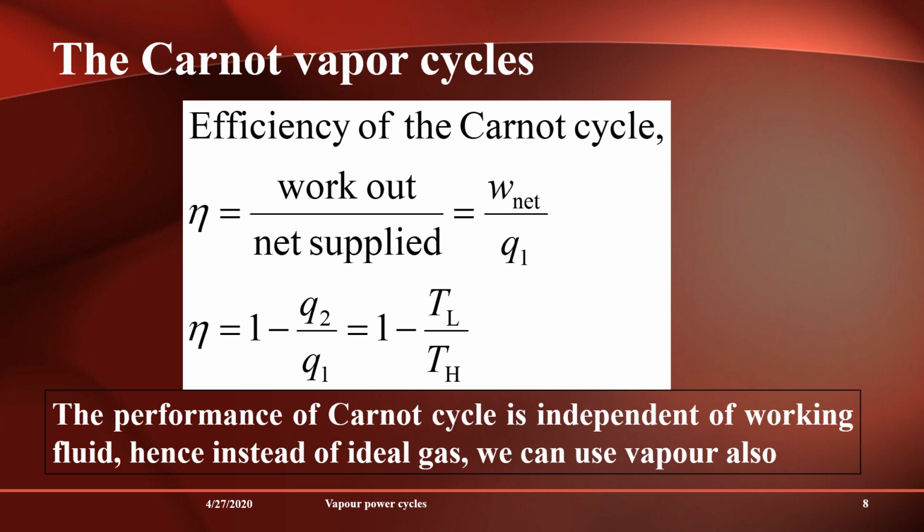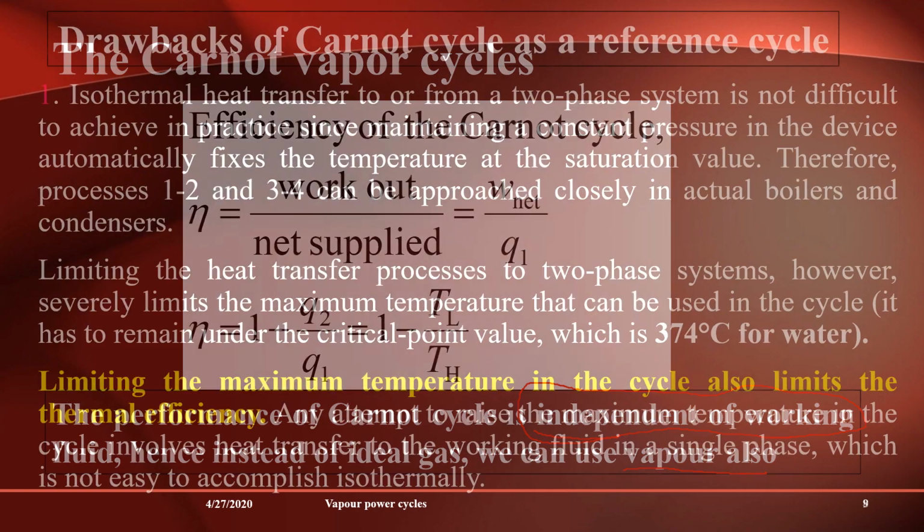We already discussed the same relation. There is no difference, but the only thing to remember is that the efficiency value of a Carnot cycle is independent of the working fluid. In the previous session we discussed the Carnot cycle with gas or air. In this session we are discussing the same Carnot cycle with vapor. That is the difference. So same equation, 1 minus TL by TH, irrespective of the working fluid. So we can use any working fluid there without changing it.